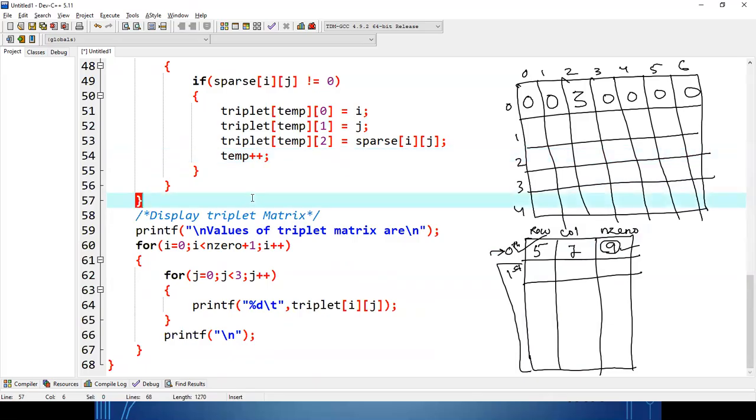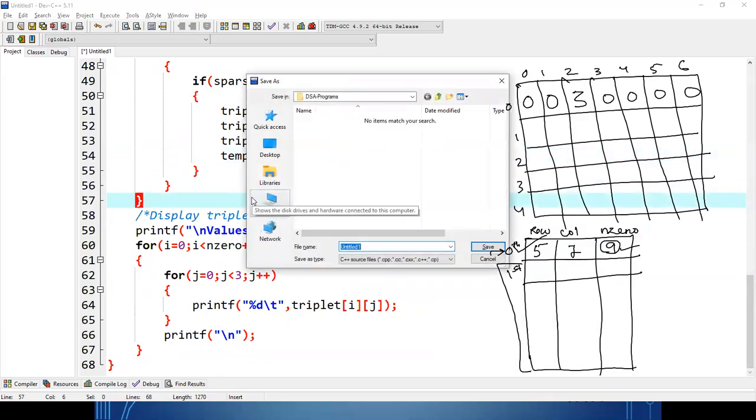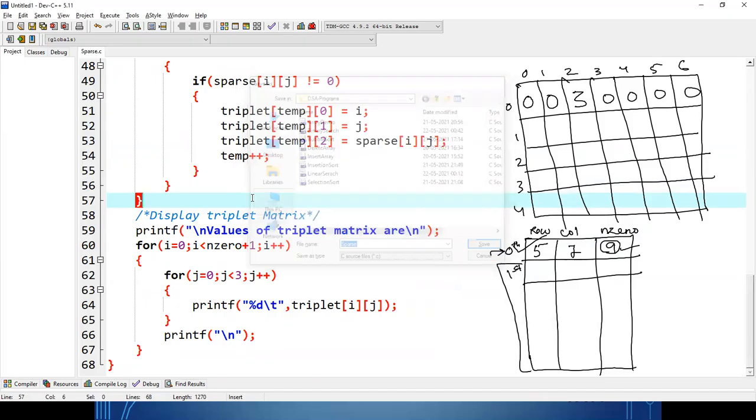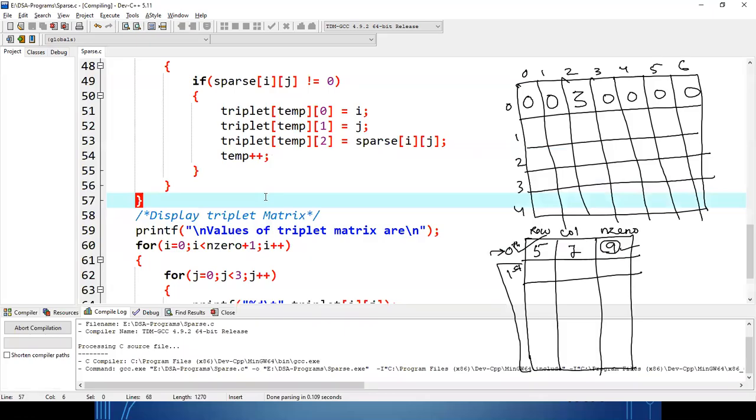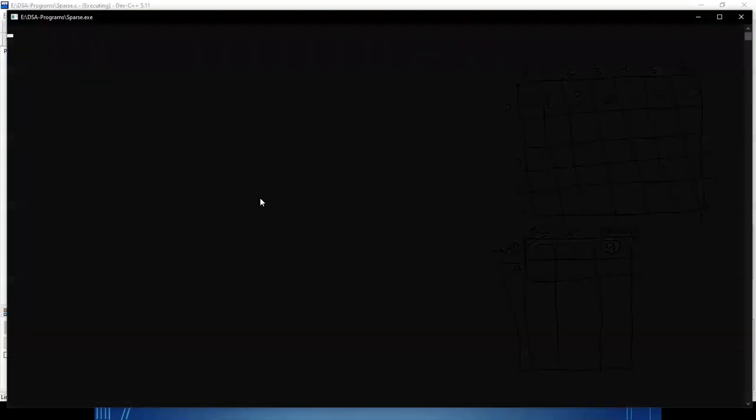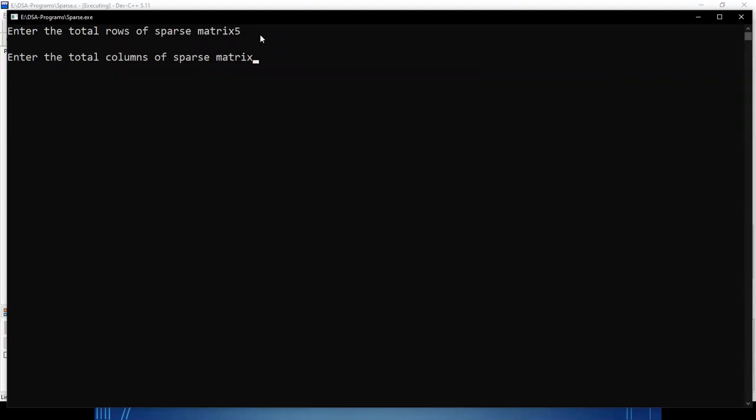Okay, so let us run the code. Sparse matrix. Here the total number of rows of the sparse matrix, suppose this is 5, and the total number of columns, suppose 7.